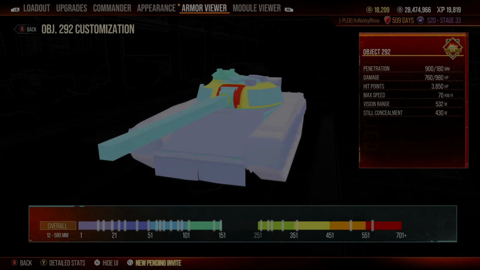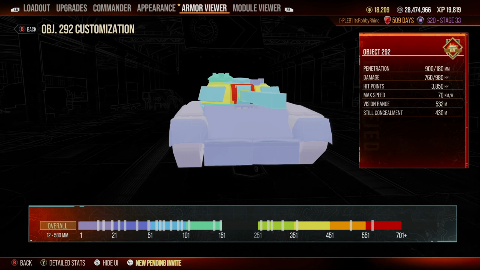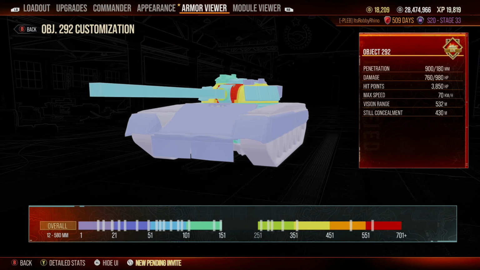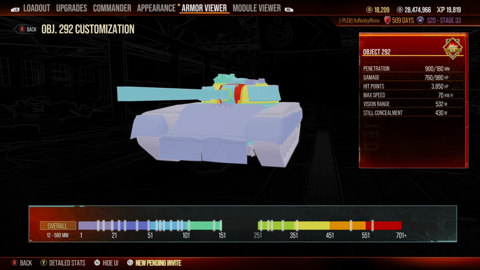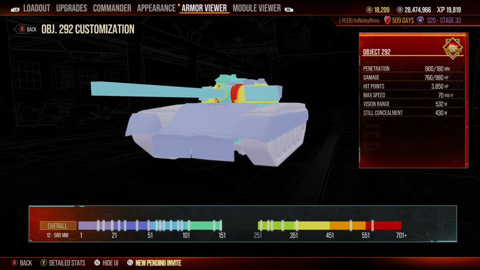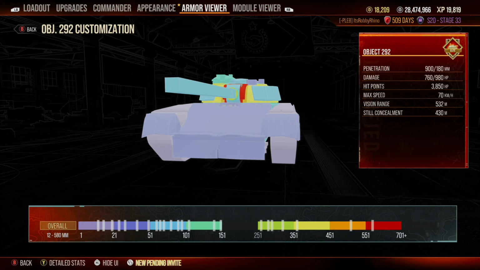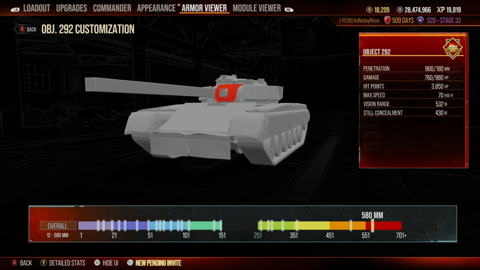So we are now in the garage having a look at the armor viewer of the Object 292, and like I said at the start of today's video, it's more of a support heavy tank or a heavy medium than a true heavy because of the armor, and we're going to go through from the thickest down to the thinnest parts of the armor and discuss why that is. So the thickest part of the armor,